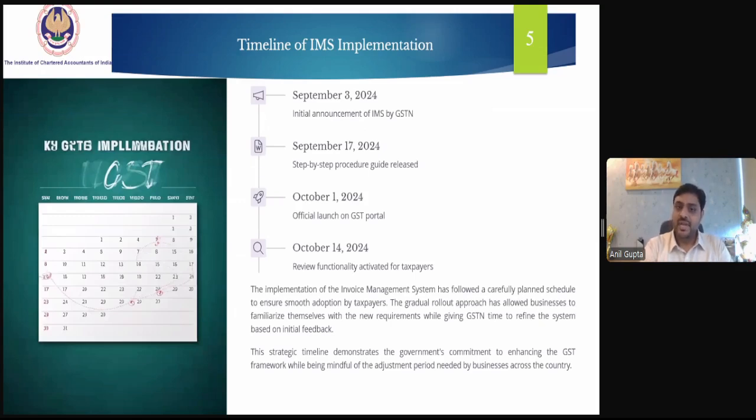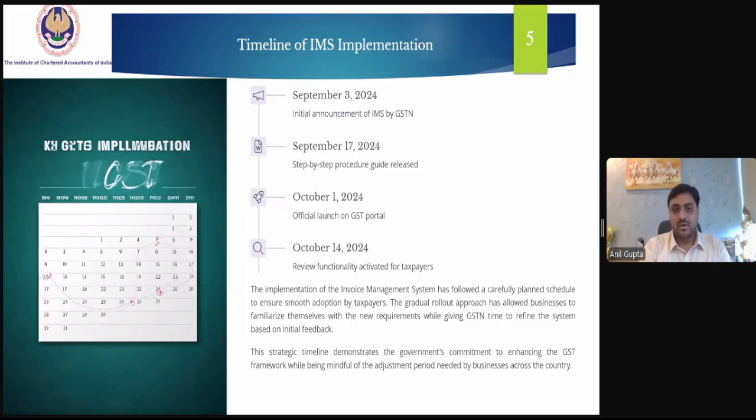So, the timeline for the implementation: when it got implemented. As I told earlier, the advisory was issued by GSTN on September 3rd, 2024, announcing the introduction of IMS.